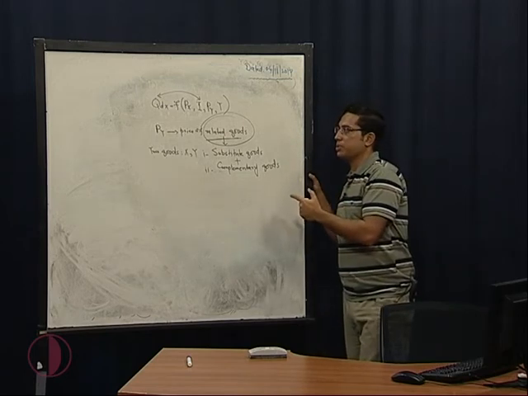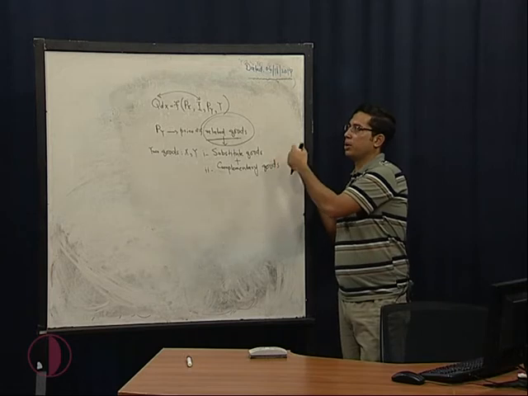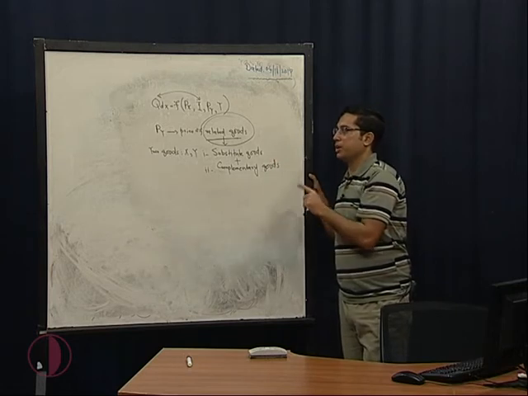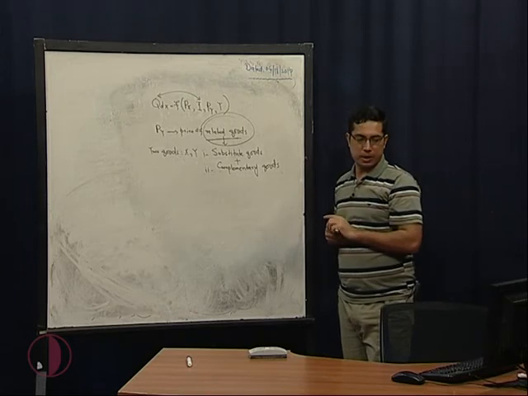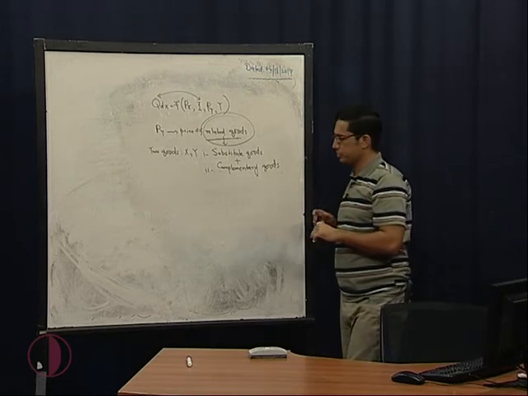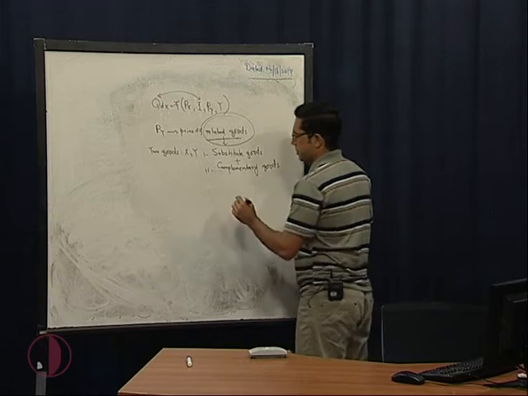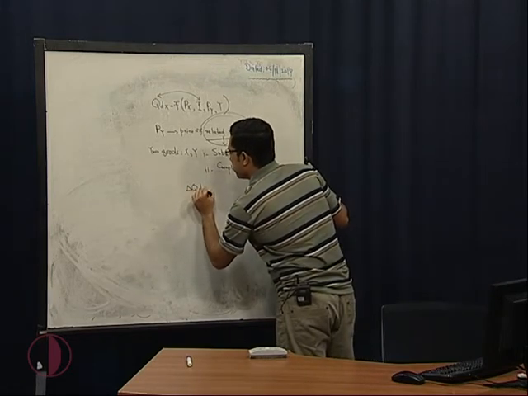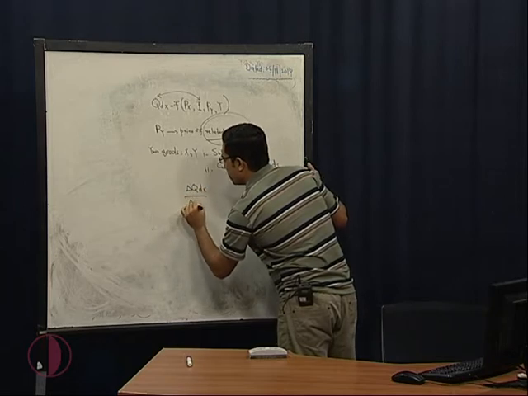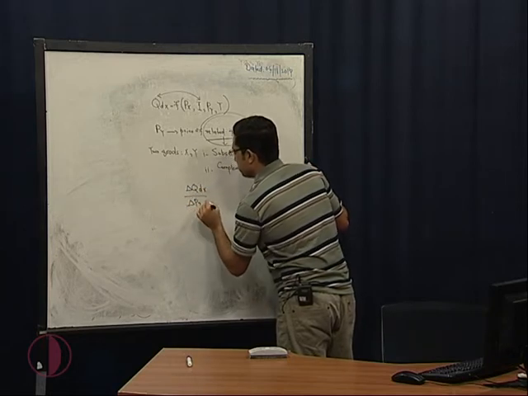If they are substitutes, the relationship will be different, or if they are complementary goods, again the relationship will be different. For example, if they are substitutes, so change in quantity demanded of X due to change in